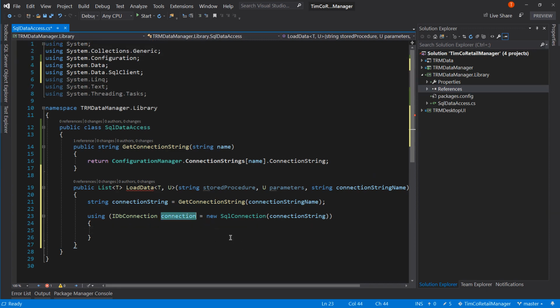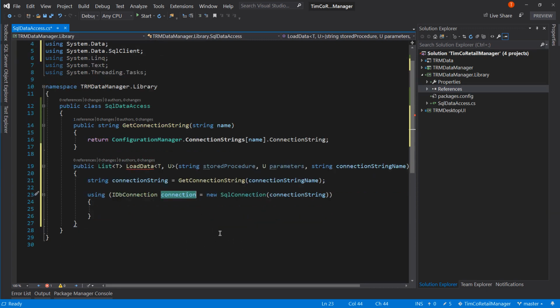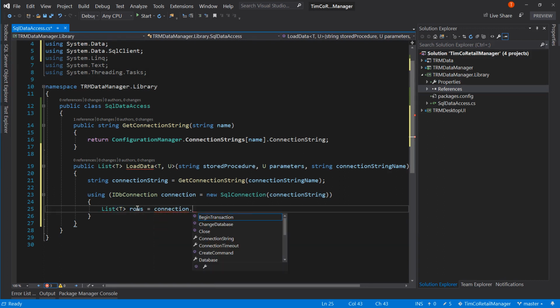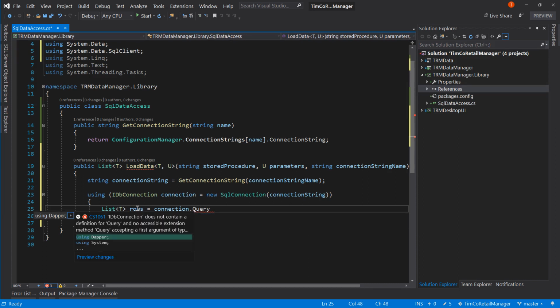Oh, look at that. It actually auto-completed for me to connection. Yeah, I'm not going to go crazy over that. So let's leave it as it is. It's not the end of the world. Either way. So we need to have a load in here to actually get our data. So a loading method, which would be a query. So let's break it apart into two different sections. So we're going to say List<T> rows equals connection.Query. This is where Dapper comes in. So Control+. use